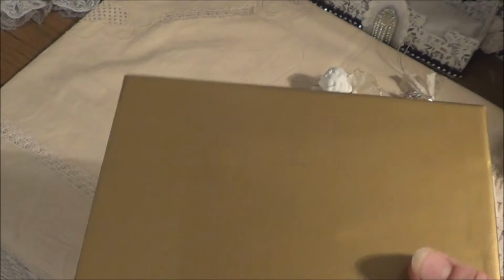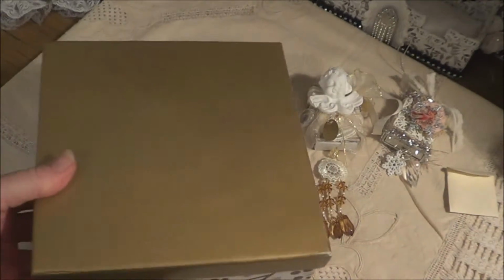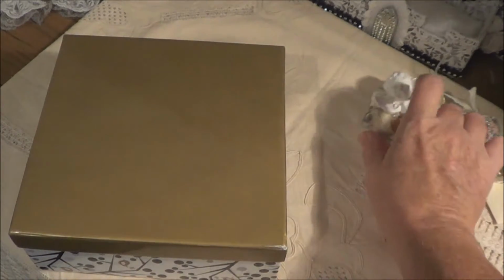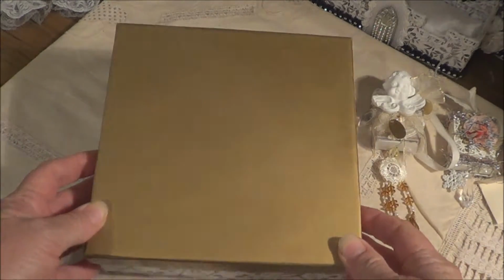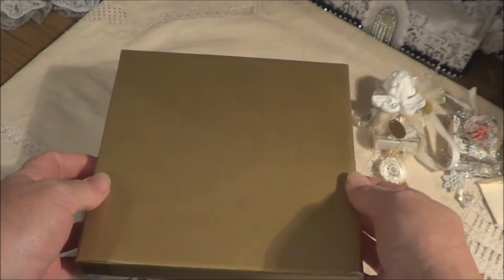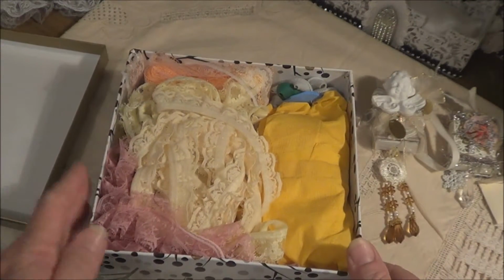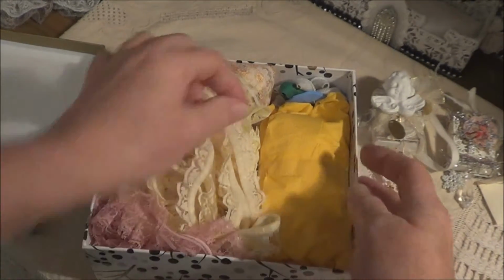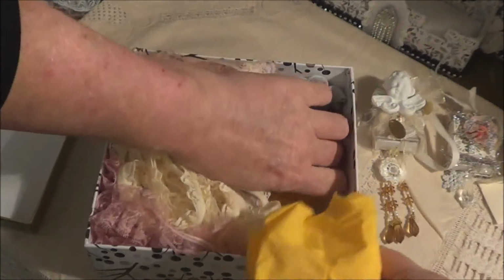Plus, this is the biggest matchbox I have ever seen. That's what I thought when it got delivered. I haven't seen a matchbox quite that size. But obviously it's not. So Ruth, your package arrived today. Thank you so much. And here we go. Oh wow. Oh, look at all that. Oh, hang on, there's a...